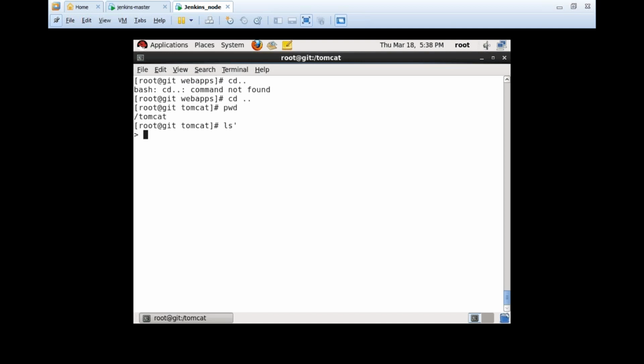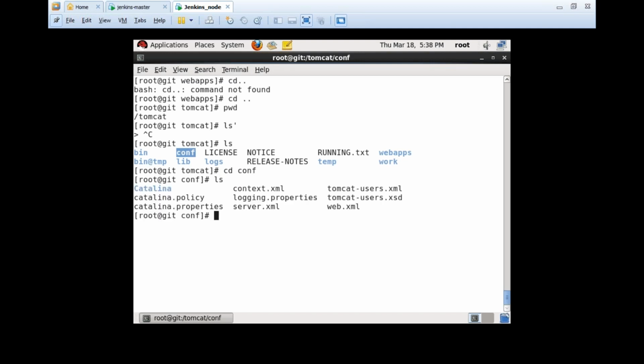Within Tomcat, you have a subdirectory called config, and within that, you have a file called tomcat-users.xml. Okay, so open that file, tomcat-users.xml,